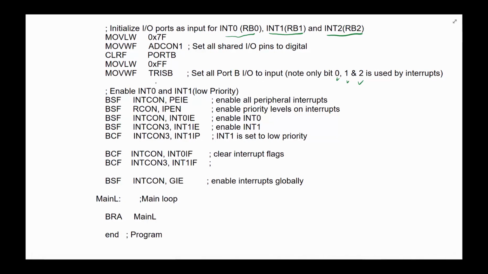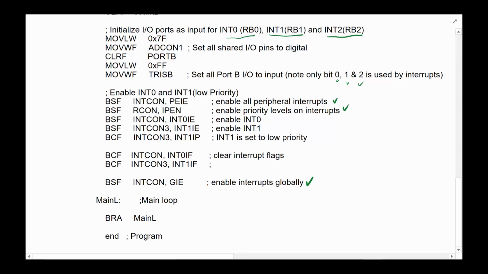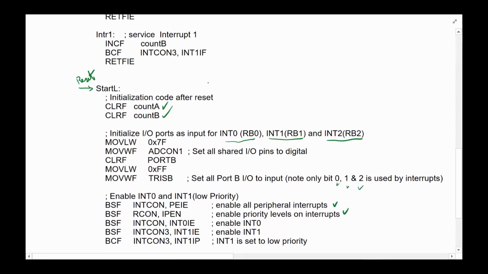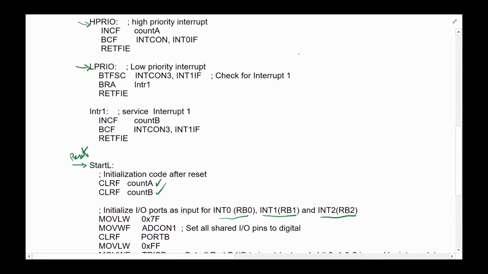Now I have to enable the interrupt. Remember, interrupts have many levels, and there are three things you have to do up front, regardless of which kind of interrupt you want, peripherals or otherwise. In this particular case, we have to say enable all peripheral interrupts, enable priority interrupts. And the way it's done is by doing this. Now, this is really cool because notice I don't have to say pin 1, pin 2, or pin 3, because I included